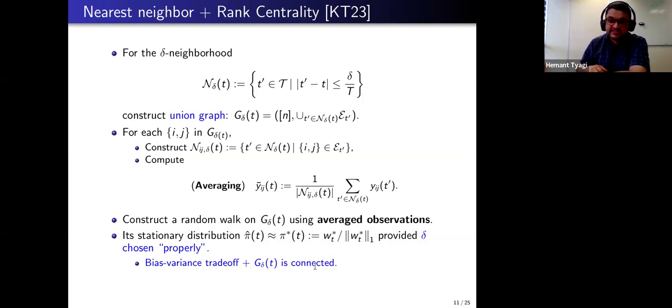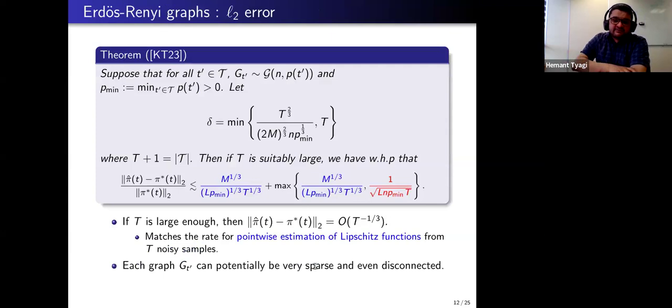Now it remains to choose delta to achieve all these goals and to get the right rate as a function of the number of grid points t. And this is what we do. We have these results for Erdős–Rényi graphs. Suppose you have a sequence of Erdős–Rényi graphs, which need not have the same parameter. So they have parameter p of t prime. Assume for simplicity that the minimum of all these p of t primes is greater than 0, so p min. But these graphs need not be connected. All of them could be highly disconnected. It doesn't matter. If you choose delta in this manner, as a function of t, n, the Lipschitz constant m, and p min,